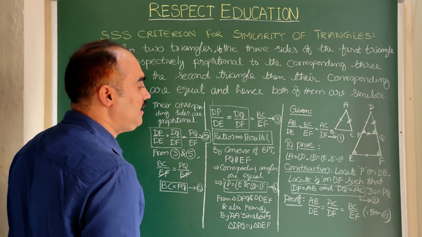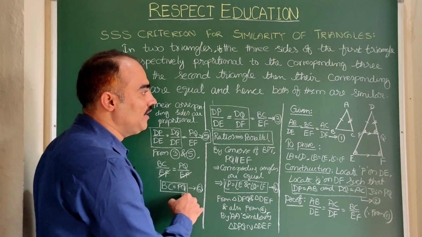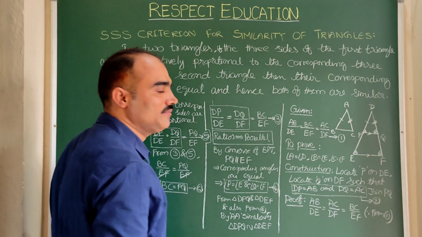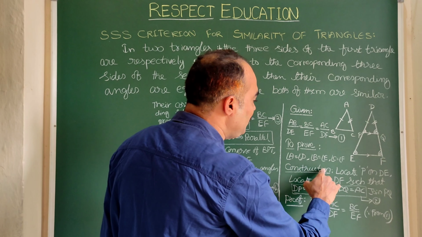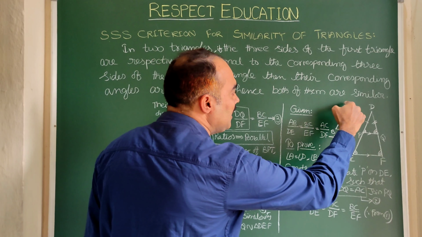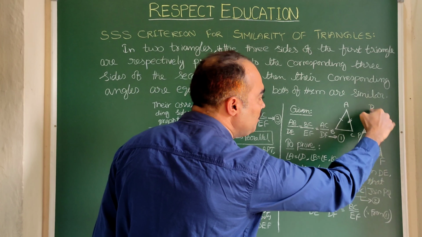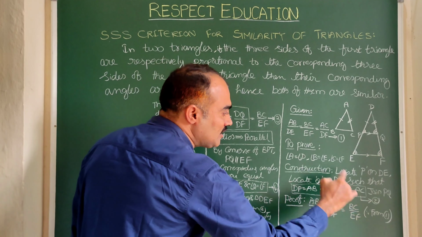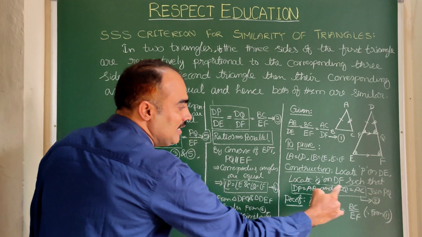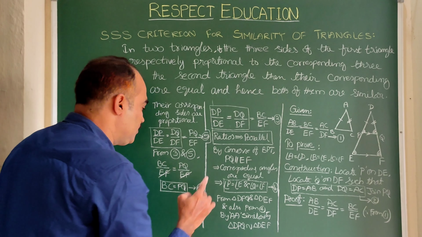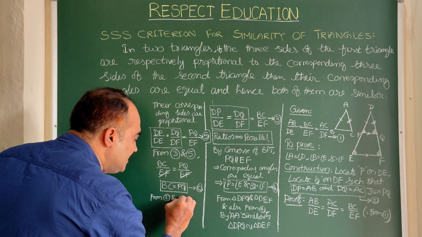Now let us compare this equation 6 with the conditions. Here you see BC is equal to PQ. Earlier, while doing the construction, we have taken DP is equal to AB, right? And DQ is equal to AC. That is equation number 2. Just now we got BC is equal to PQ also. So this is equation number 2 and 6. So let us conclude from 2 and 6.